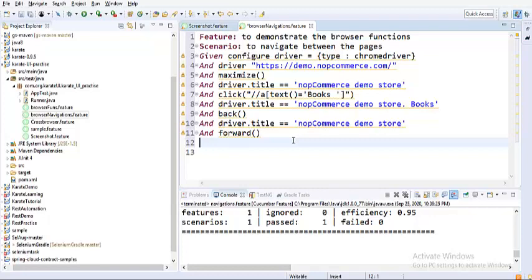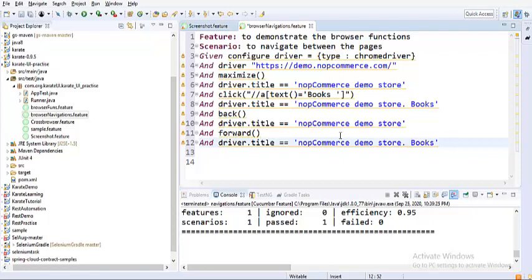And since the transaction has happened, now I can very well go from the home page to books again without having to click on the XPath. So this time I will use the forward function, and after the forward function I'll just ensure that the title is again books. The reason I'm verifying the title in each and every navigation is that if there is a malfunction, definitely the script should fail, and then we can understand that something is really broken. So whenever the title matches, that particular step would have executed successfully, and that's the understanding.